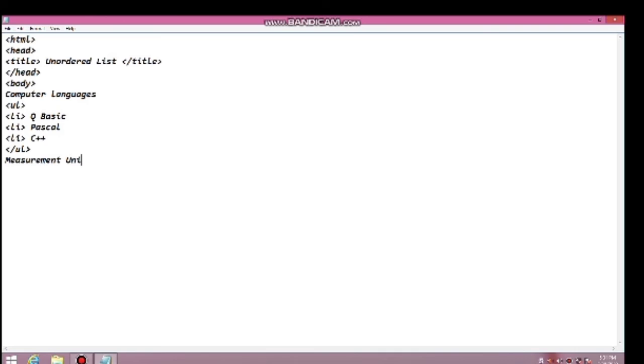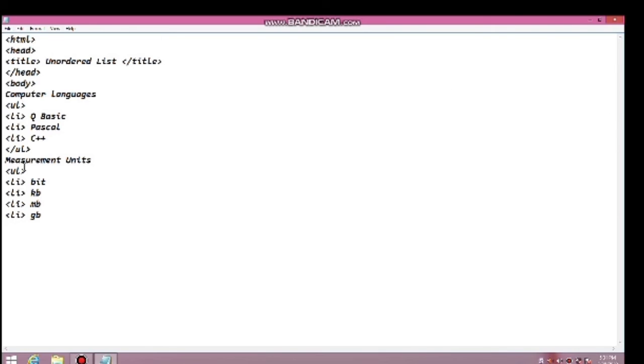Now here we have given the next heading, measurement units. Again we give UL, then we give LI bit, LI KB, LI MB, LI GB.